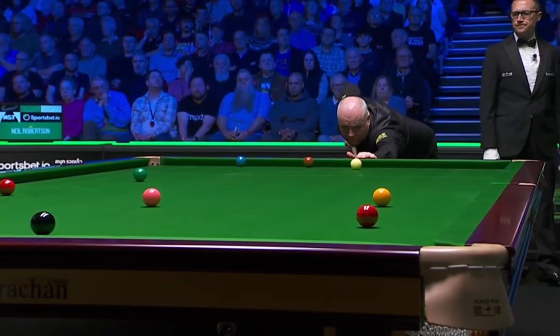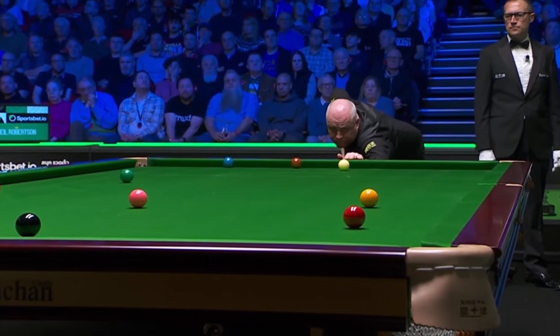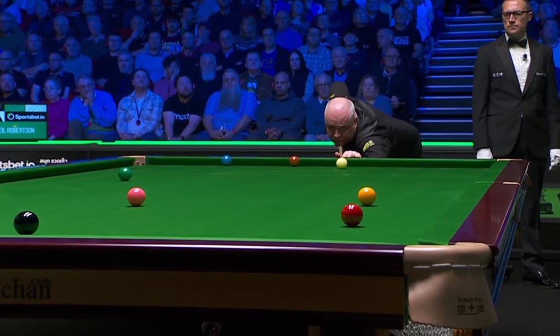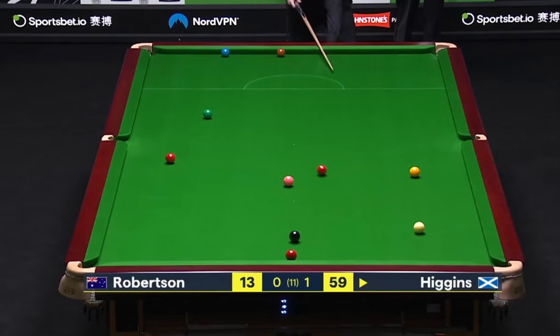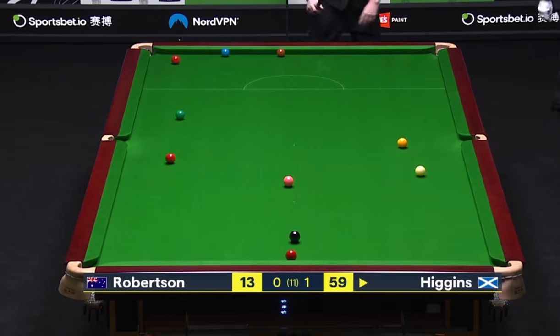It looks like he's revving up to take this red on. This is dangerous at pace. Dangerous with the other reds in the open. So here's perhaps an unexpected...